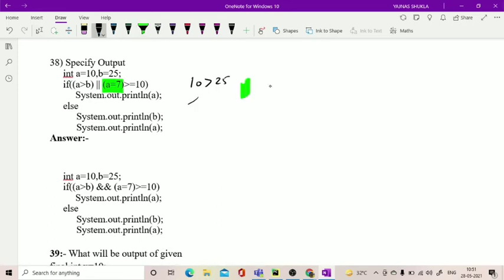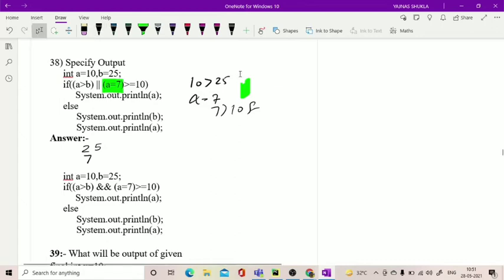The value of A will become 7. Then this will be compared with 10. 7 is greater than 10 is false. So both conditions are false. So it will go to else and display the value of B. The value of B is 25. And then it will display the value of A, that is changed to 7.